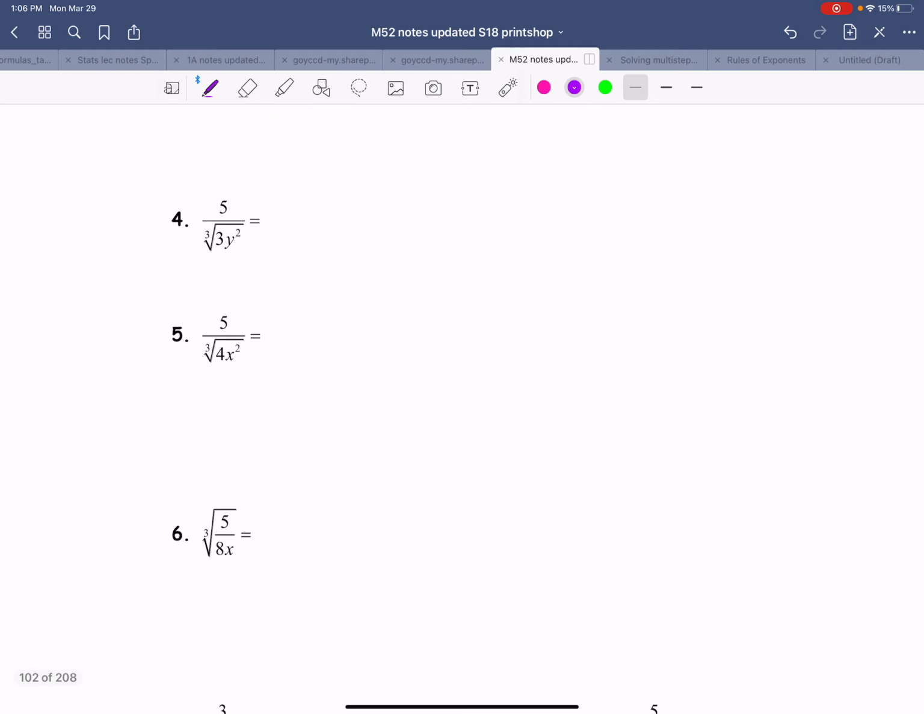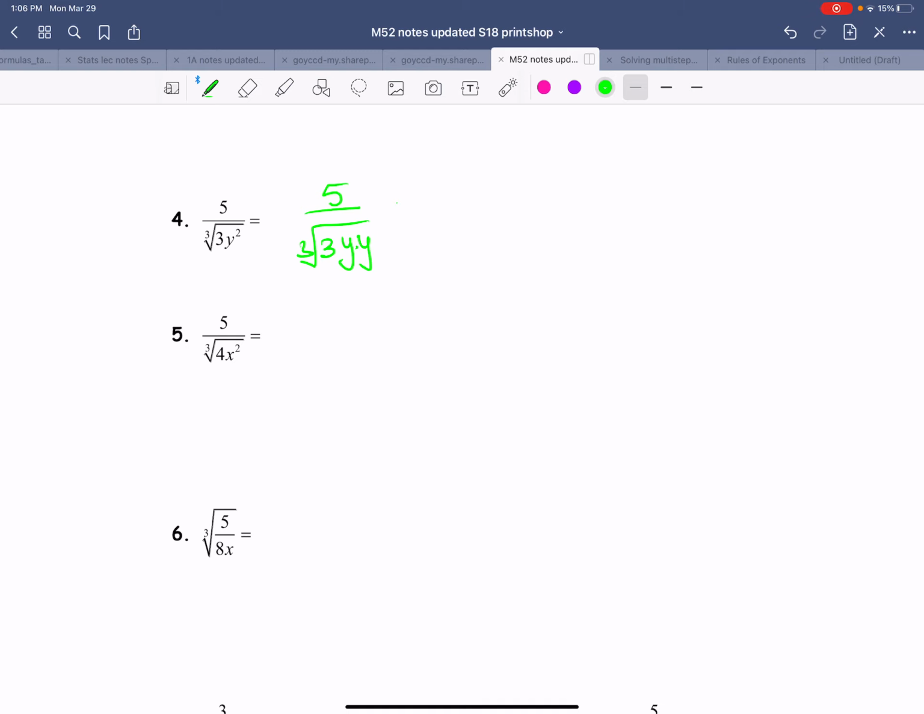More examples. Here's number 4. 5 over cube root of 3y squared. So here I'm dealing with the cube root, so I got to be extra careful. I have 5 over cube root of 3y squared. So I'm just going to write y squared as y times y. In order for me to